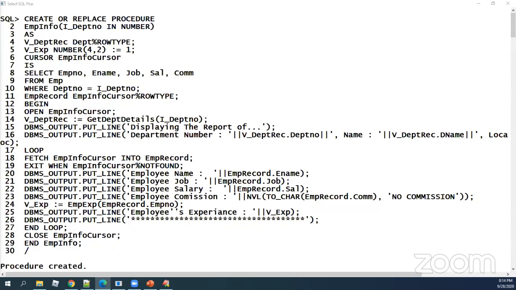Packages are nothing but, if you can separate your header and body, and if you can compile them independently, it just becomes a package. A package is nothing but a logical collection of different kinds of operational segments of the code into one single place.